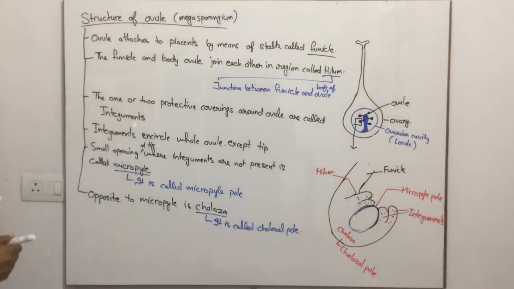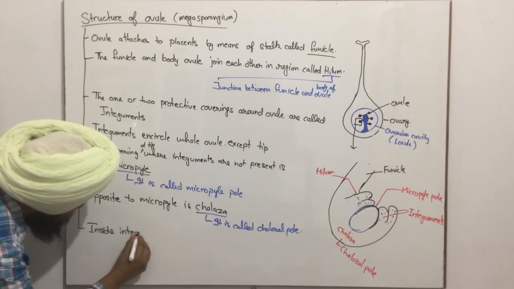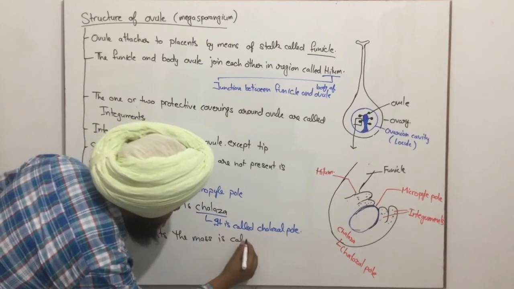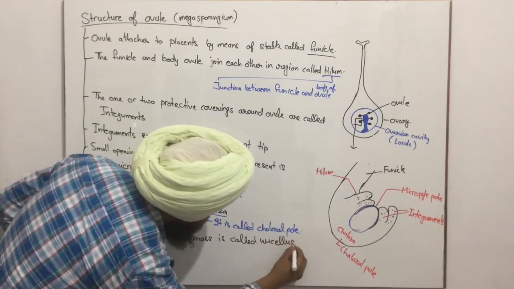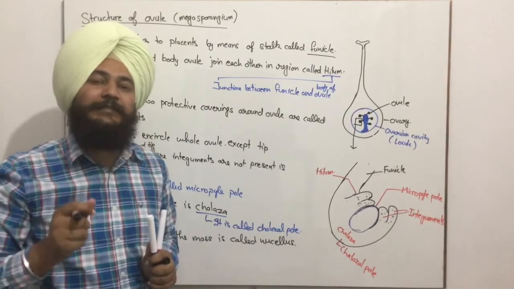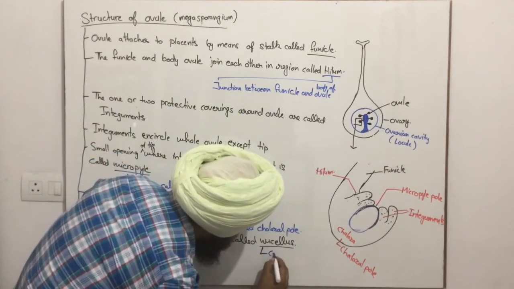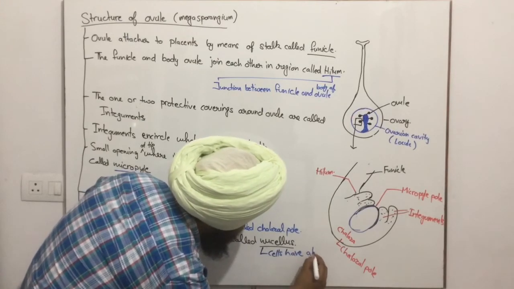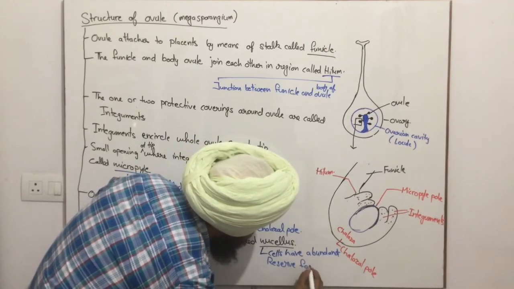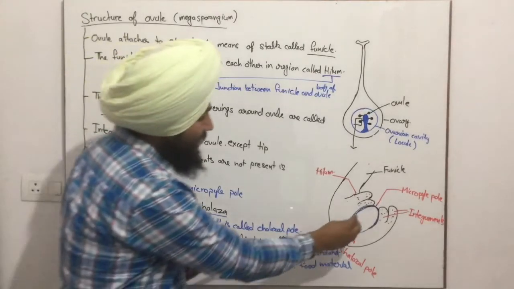So inside the integuments the mass is called the nucellus. And the cells of the nucellus are abundant with reserve food material, okay. So the cells have abundant reserve food material,